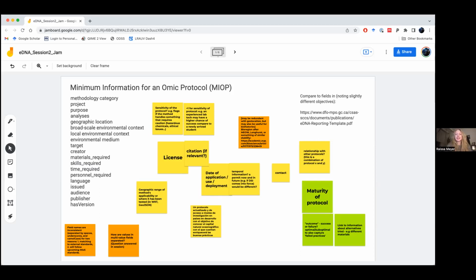Yeah, maybe that would actually be an invitation to anyone on this call who would be interested to try either the metadata specification or the templates, especially if you have protocols on, I don't know, getting the permits before going out to sample, or on how you manage the data.